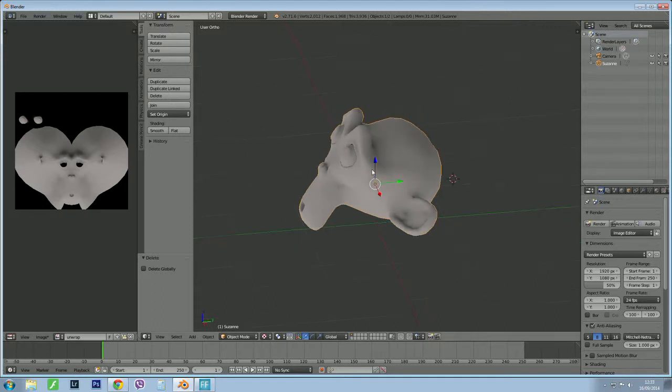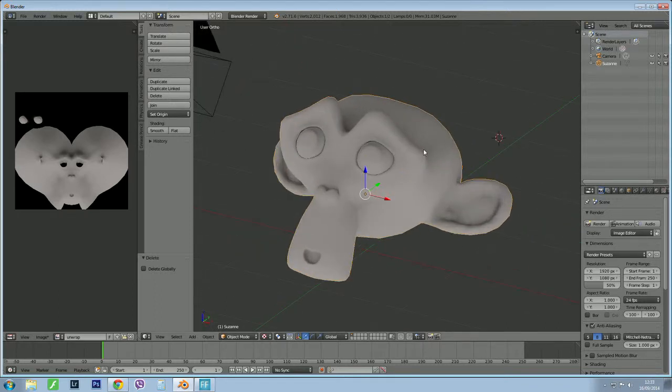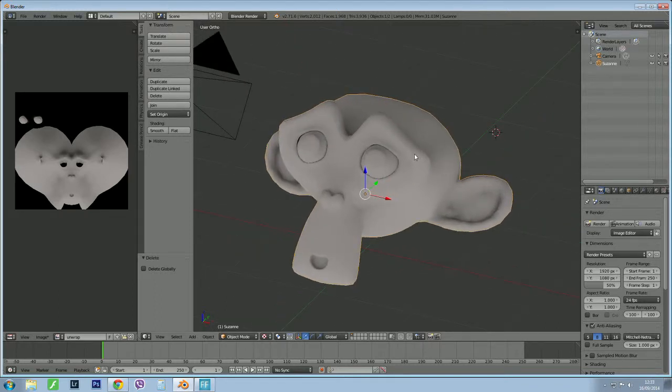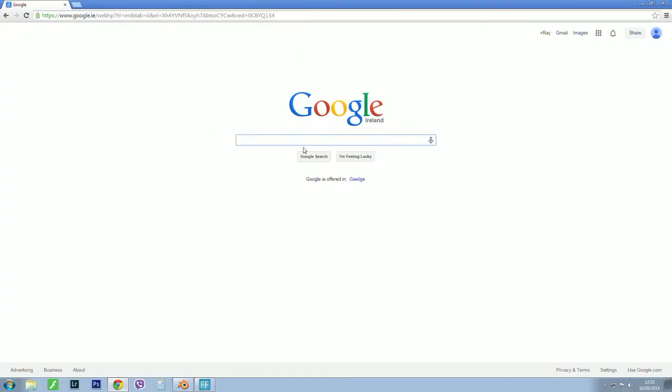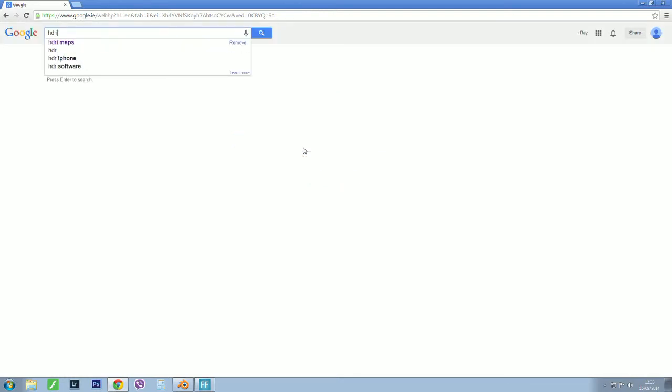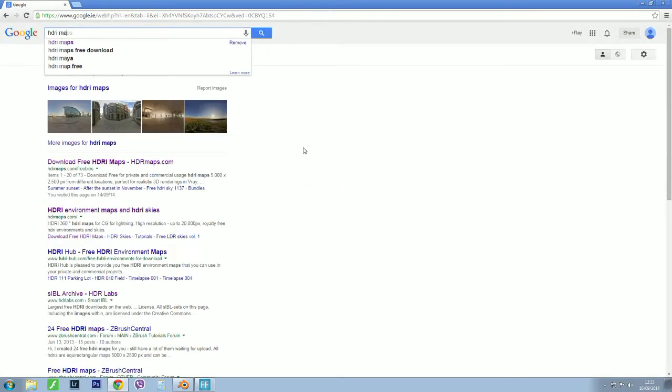I've actually got no lamps. And I did this by lighting the scene with what's called HDRI lighting. HDRI lighting is high dynamic range imaging, and what it does is it uses an image to light the scene. So if I go to Google and search HDRI, and we call them maps because that's the actual term for the maps that we use,